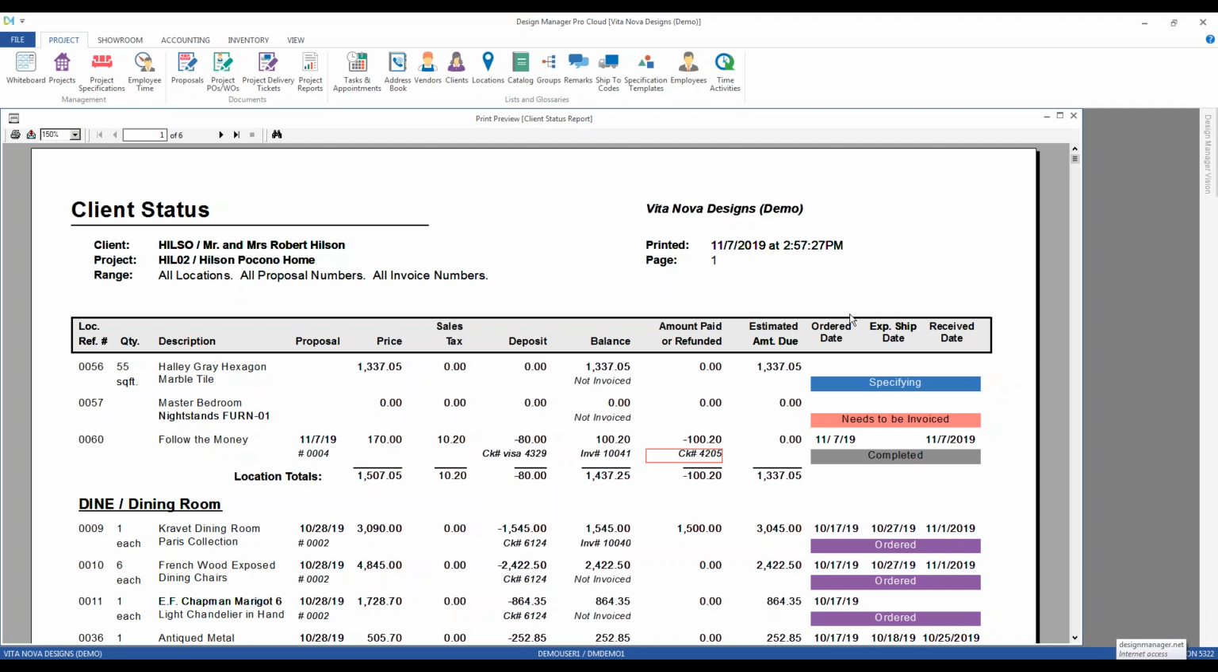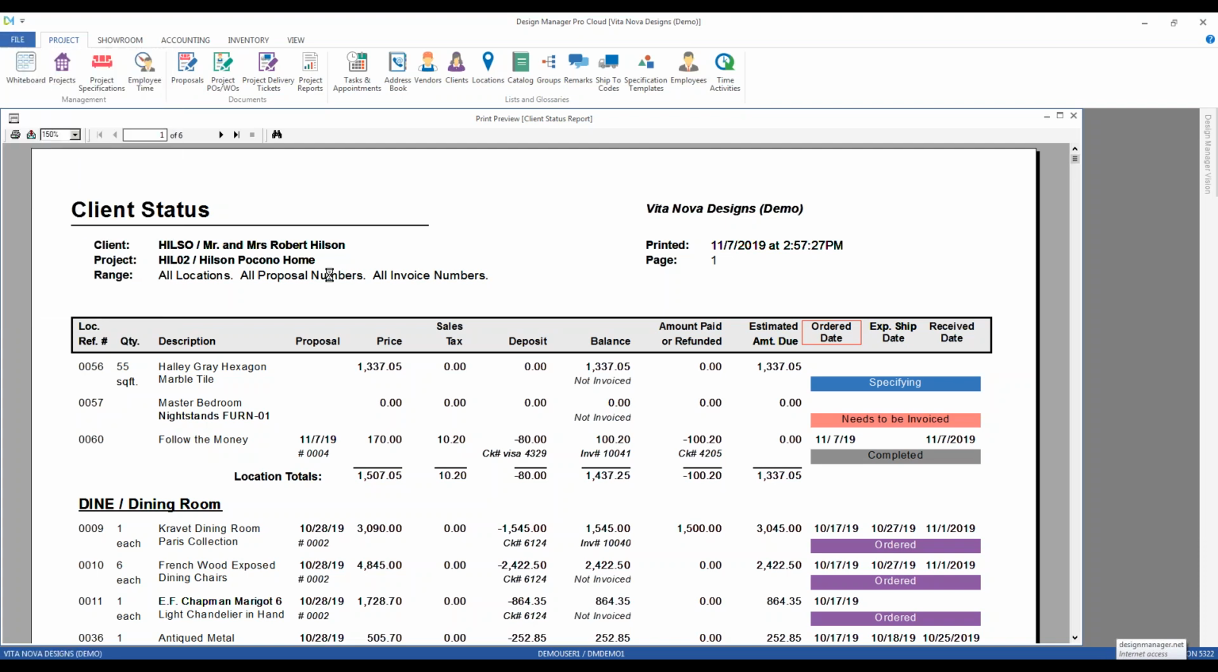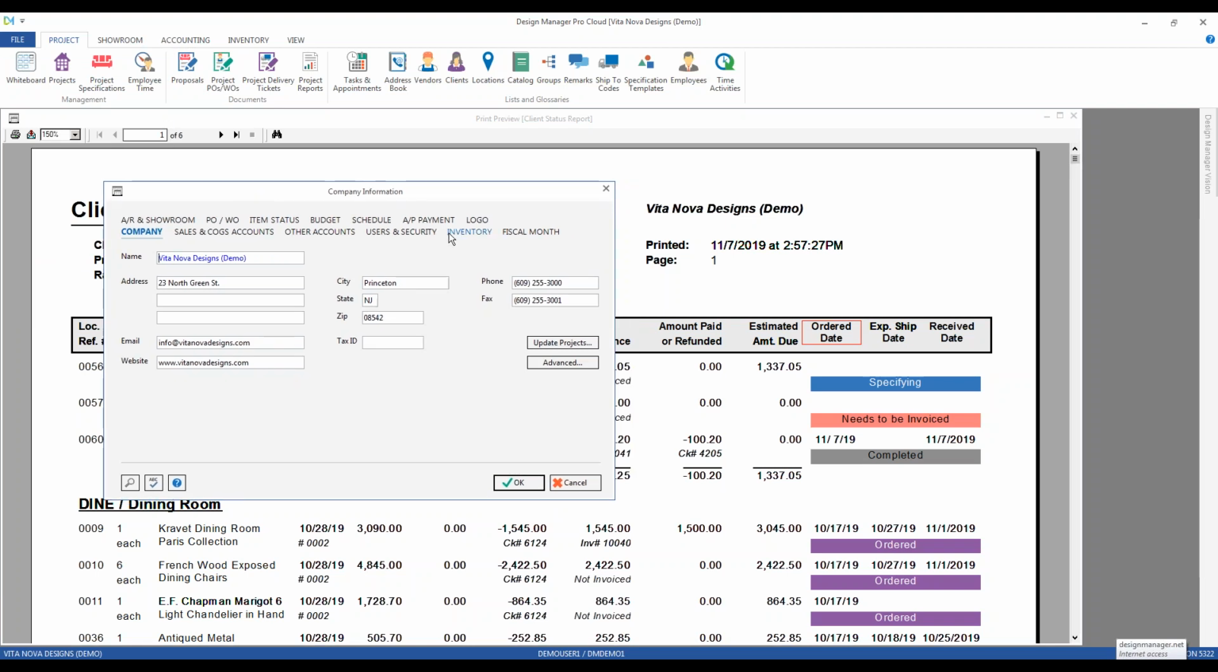So I can see or present to the client, hey, when was it ordered? What is the expected shipping date? Has it been received by our company yet? And those dates may or may not be applicable to your business model or dates that you consider worthy of presenting to the client. Well, you can control that as well. Under our file, company information again, as we said originally, this has a lot of our sensitive information, and even deeper, we're going to go to advanced